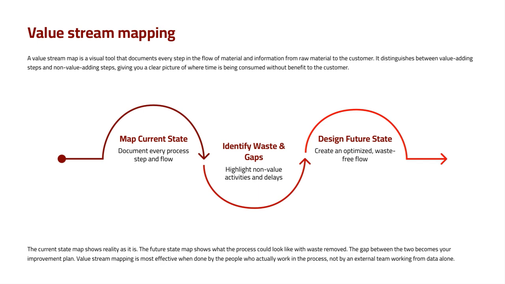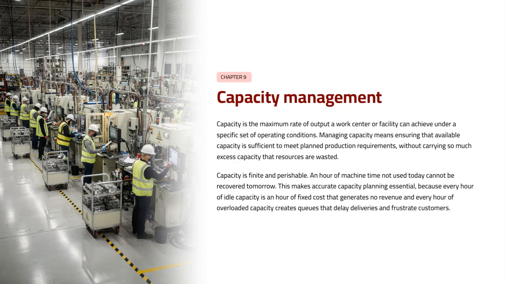Also, value stream mapping works best when done by the people involved in the process, not just an external team working from data alone. In this chapter, we're focusing on capacity management. Capacity refers to the maximum rate of output that a work center or facility can achieve under specific operating conditions. Managing capacity effectively means making sure that the available capacity aligns with planned production needs without having too much excess